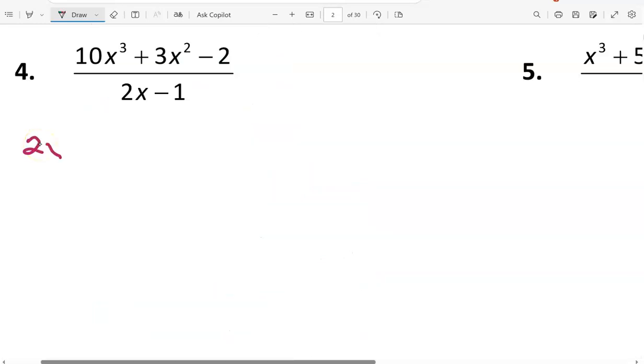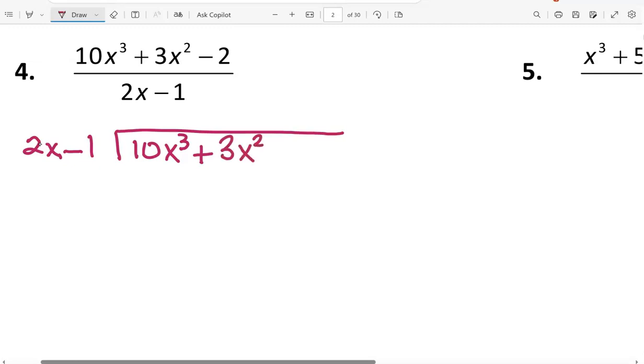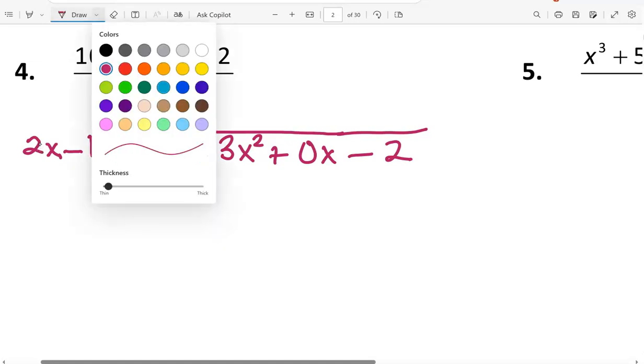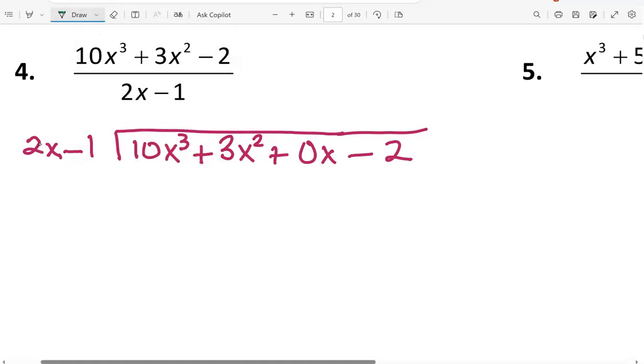In 4, we have 2x minus 1 divided into 10x cubed is the first term, 3x squared is the next term, 0x is the next term, and minus 2 is the last term. It's important to have that 0 placeholder. First term divided by first term is 10x cubed divided by 2x, which is 5x squared. 5x squared times 2x minus 1 is 10x cubed